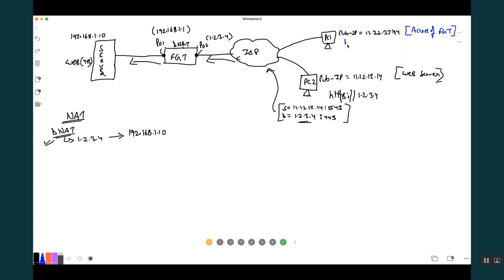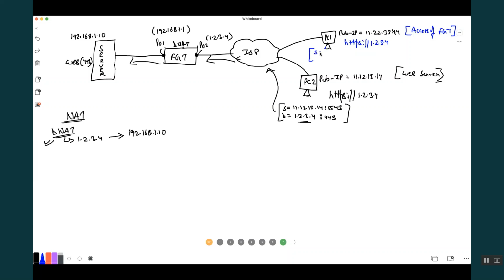Hence, PC1 is also sending a request to 1.2.3.4, which is the firewall public IP. I want firewall GUI access from PC1.